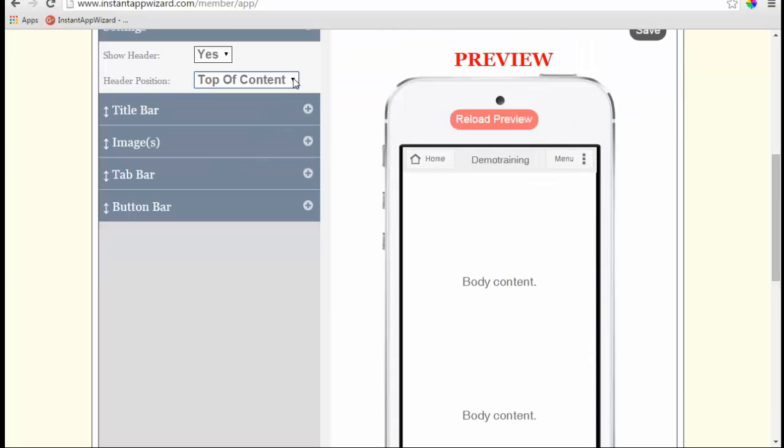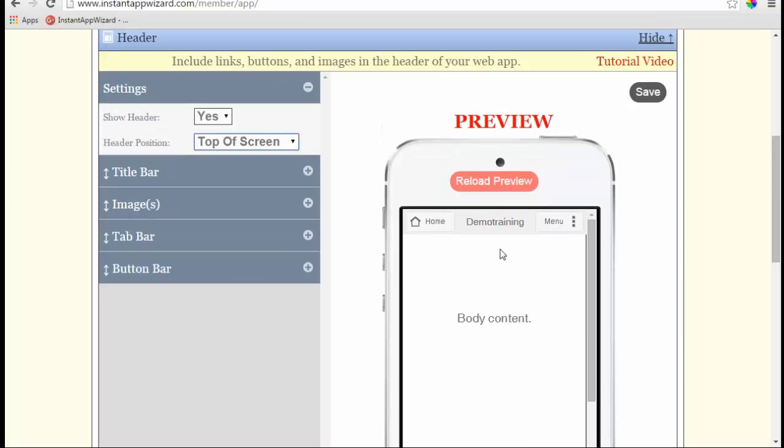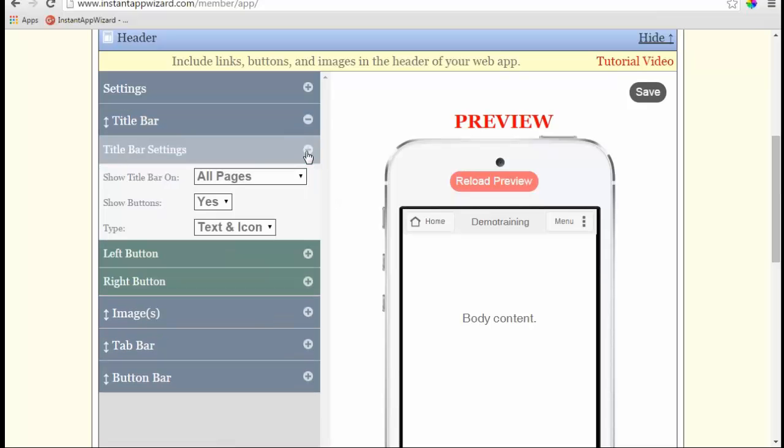If I want to leave that at the top of the screen, that and everything I scroll with it stays. I do not use a title bar, so I'm going to turn that off right now. Now, if I've got something special that I'm doing, I'll use one, but for the digital business card,